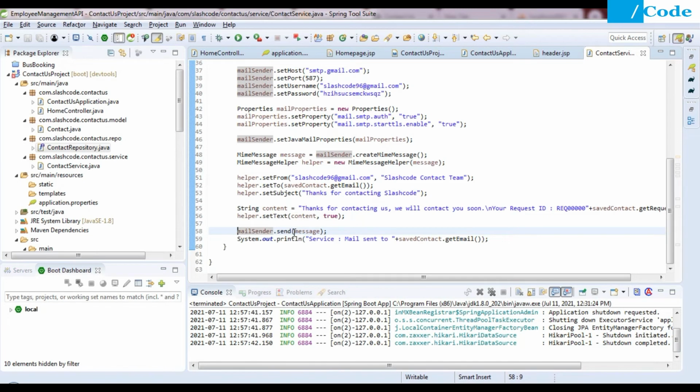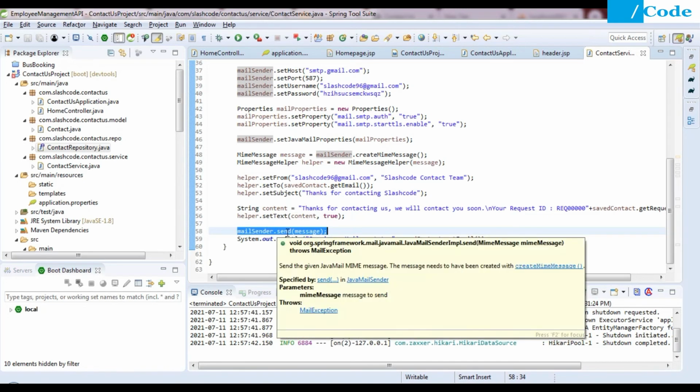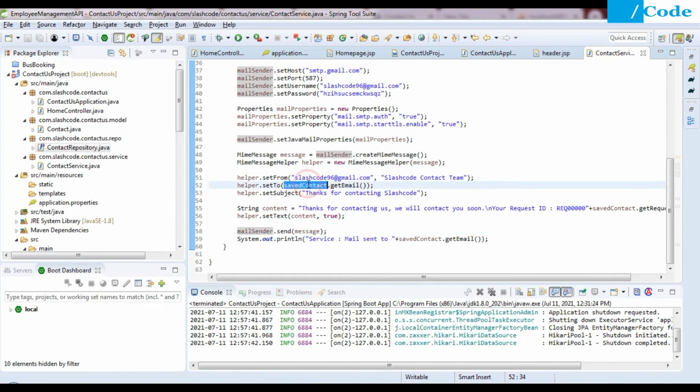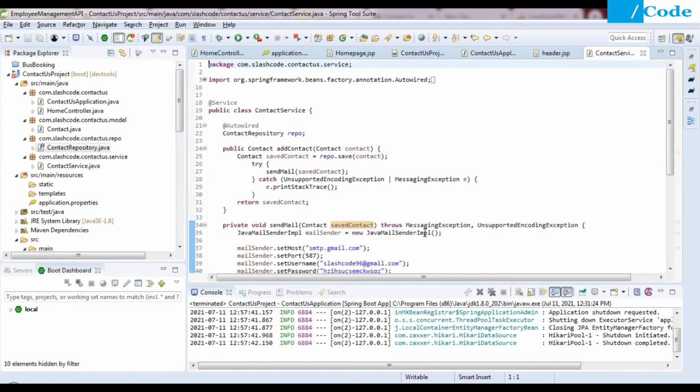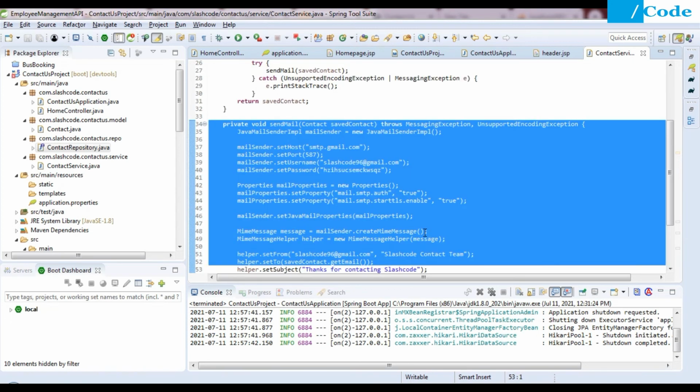So this is the main thing where it is happening. It is sending the mail to that email ID which we have in savedContact.getEmail. And after sending, we are just printing the service mail sent to savedContact.getEmail. Okay, so like this we have done the mail part. The magic is happening here only.